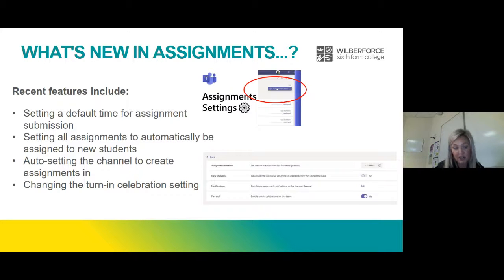Anybody that doesn't follow Microsoft on Twitter, I would really recommend you do, because they always launch and announce new updates there. So if you want to keep abreast of new things, there's another little tip for you.